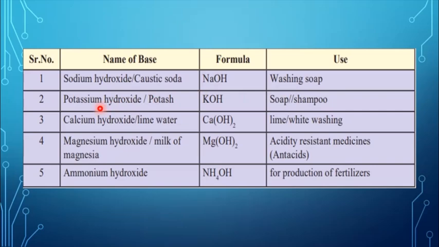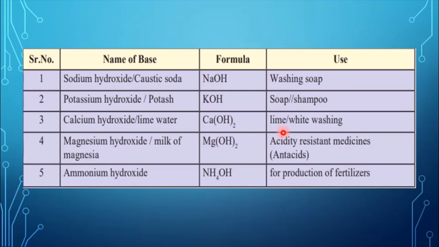Next we have potassium hydroxide, which is potash. The formula is KOH, and it is used in soaps and shampoos. Next is calcium hydroxide, which we also call lime water. Now children, this is not lemon water, this is lime water, that is calcium hydroxide. The formula is Ca(OH)2 and it is used for whitewashing, or you can also say lime washing, to remove the scars